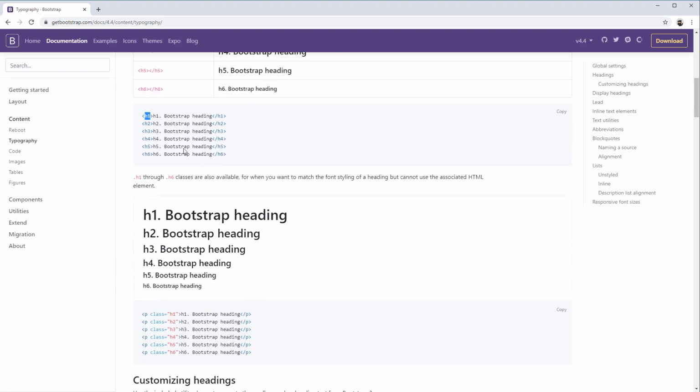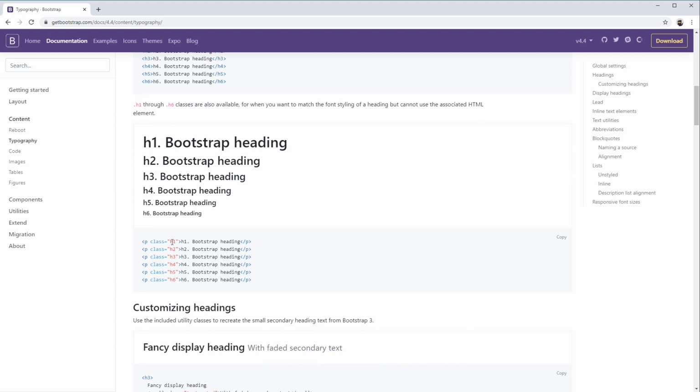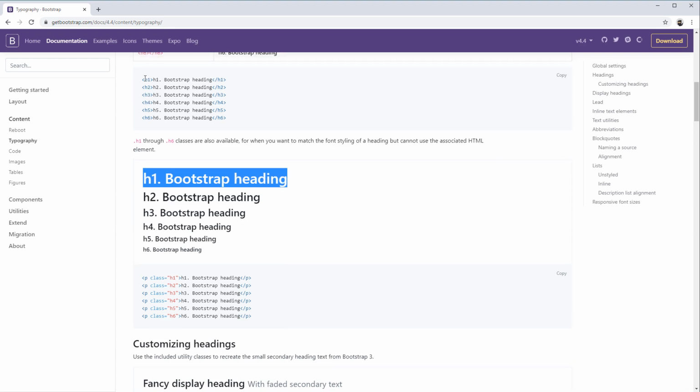Now, you can also use that sizing using the class instead. So class is H1. It will make the sizing the same as an H1, but it won't use the H1 tag. And the importance there is that with screen readers,